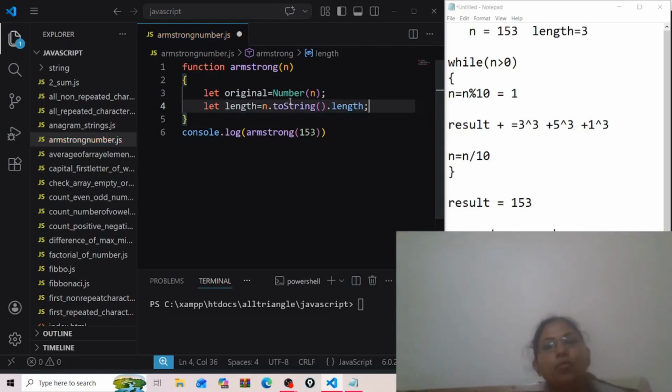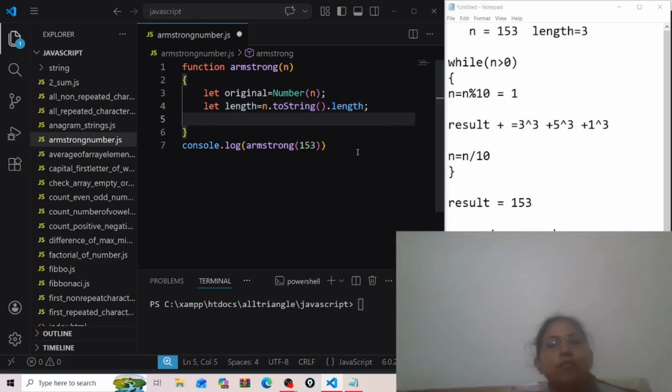Our number which was in string form, we have to find its length, so in this way we will get 3 in the length variable. Why did we do this? Because our input is in string form by default. If you want to find the length of that number, I have to put this syntax. This is JavaScript syntax.